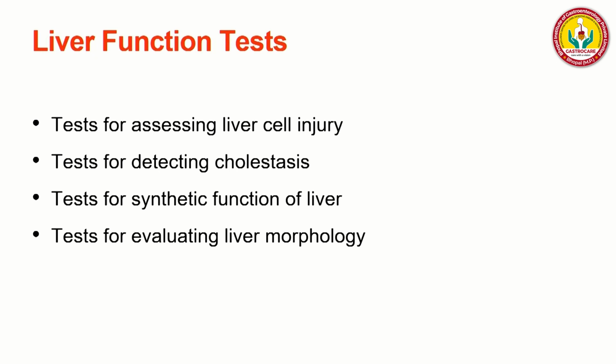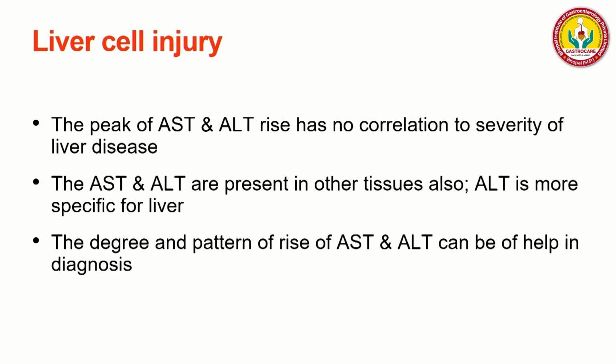When we look at liver function tests, we are not just looking at bilirubin, AST, ALT. We are looking at classifying the nature of injury which the liver has undergone. So we can broadly categorize liver function tests into 4 categories. I would consider tests which assess liver cell injury, which is primarily bilirubin, AST, ALT, tests for detecting cholestasis, where gamma GT and alkaline phosphatase come into picture. You have synthetic function tests,